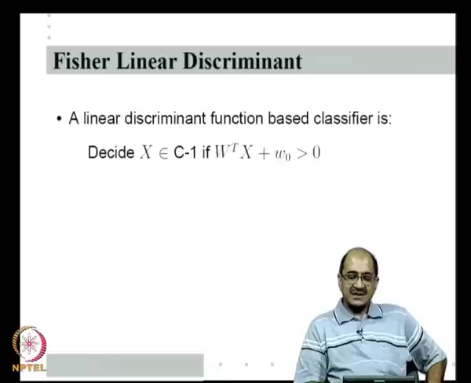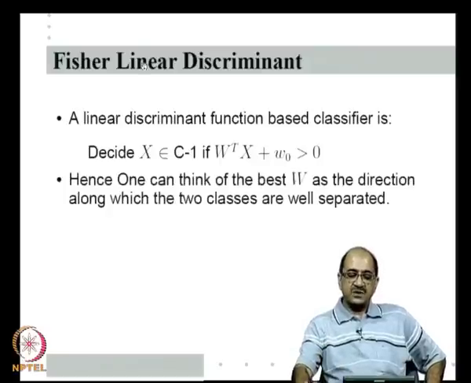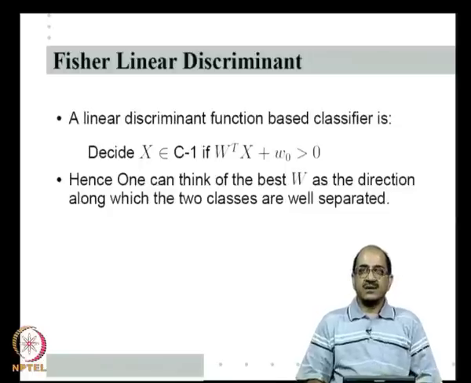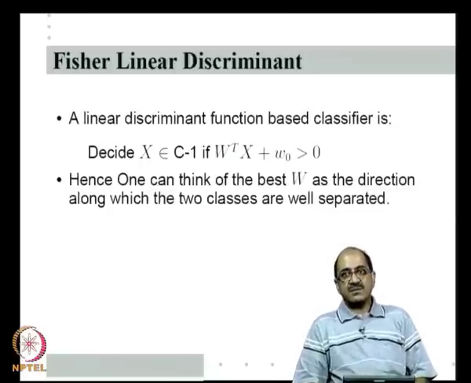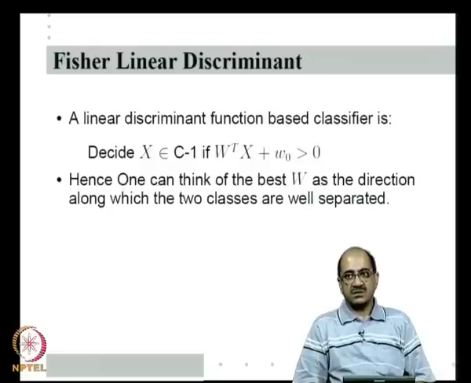So, essentially what a linear discriminant function is doing is looking for a direction w such that if I project the feature vectors onto that direction, then along the direction the two classes are well separated. On that direction there will be some threshold, in this case minus w naught, some point along that direction, so that the projected versions of all feature vectors of one class will be on one side of this threshold, whereas the projected versions of all the feature vectors of the other class will be on the other side of this threshold along the direction w.